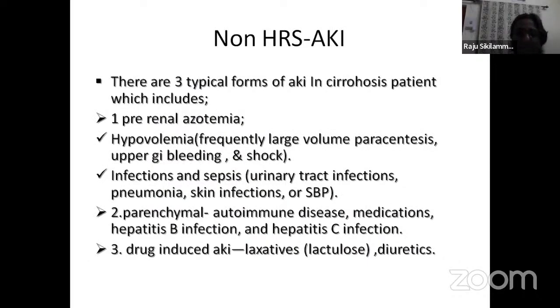Non-hepatorenal syndrome AKI: there are three typical forms of AKI in cirrhosis patients, which include renal azotemia, mainly most frequently seen with large volume paracentesis, upper GI bleed and shock; infections and sepsis, like urinary tract infections, pneumonia, skin infections, and spontaneous bacterial peritonitis; and parenchymal disease, which includes autoimmune diseases, drugs causing parenchymal disease, and infections like hepatitis B and hepatitis